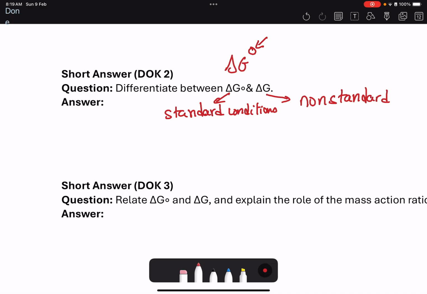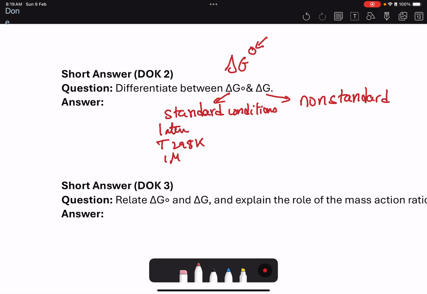And at standard conditions, it means the pressure for gases is 1 atmosphere. The temperature is 298 Kelvin. And if I have solutions, they will be at 1 molar. In the non-standard, you will see in the question they are giving you, for example, different pressure of the gases